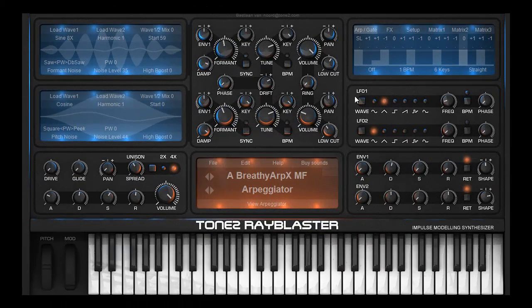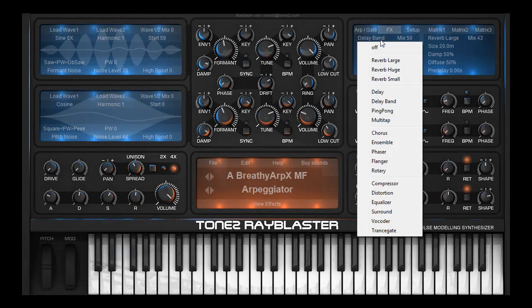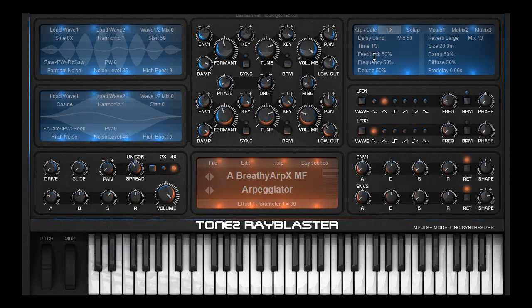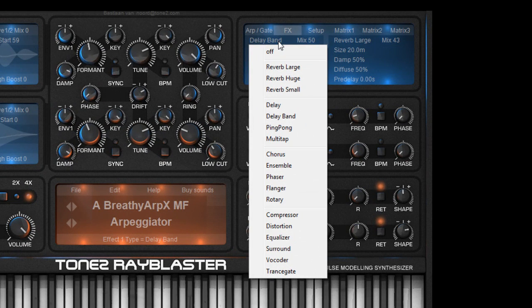RayBlaster comes with a variety of effects, built and fine-tuned to complement its impulse modeling synthesis. 18 different stereo effects are included, all carefully crafted to offer the highest quality possible. Some of these include reverbs, delays, chorus, ensemble, phaser, rotary, transgate,